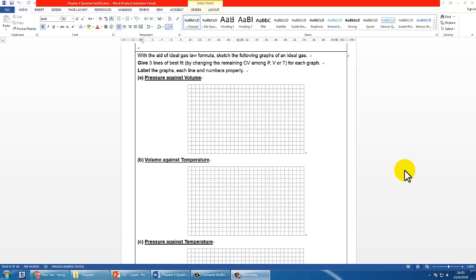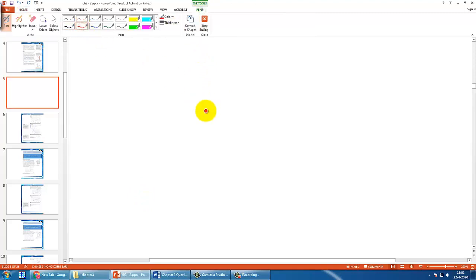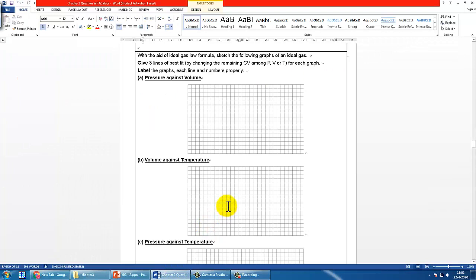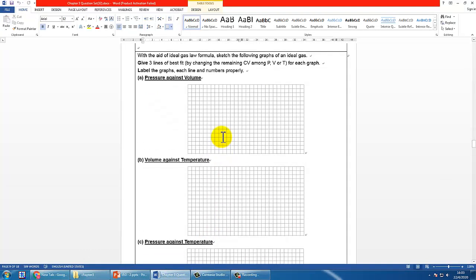Okay, here is a task that I always feel excited when I ask my students to do it every year. As you know, we talk about the ideal gas law, and in case you don't remember the formula, it is PV equals nRT. Once again, it was actually three gas laws that got combined into this ideal gas law. So I would want you to illustrate the relationship between two of the factors in the ideal gas law